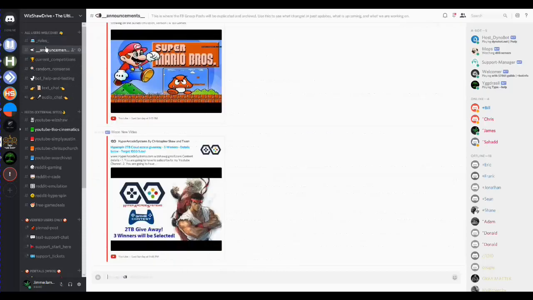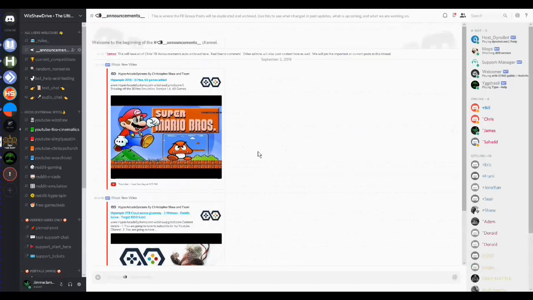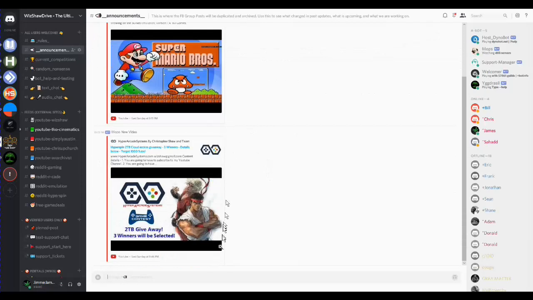The next thing is this announcement section. Every time Chris posts on Facebook, it's going to show up on this page. Whenever he posts a video, it's also going to show up on this page. So it'll be a way to see everything all in one place. Even if you don't have Facebook loaded, or if you don't want to do Facebook, we've had some people who don't want to have it. Chris doesn't allow blank Facebook profiles anymore, because a lot of times he's getting scammed by people trying to resell his drive who don't have a Facebook profile. So this will help. You'll be able to see everything all in one spot once you're a verified user.